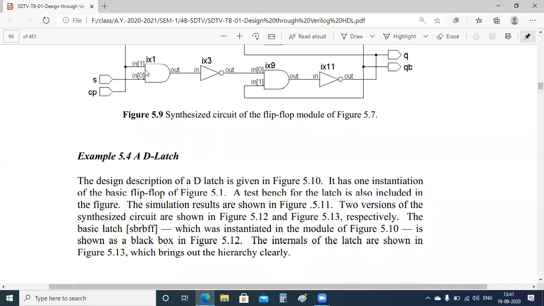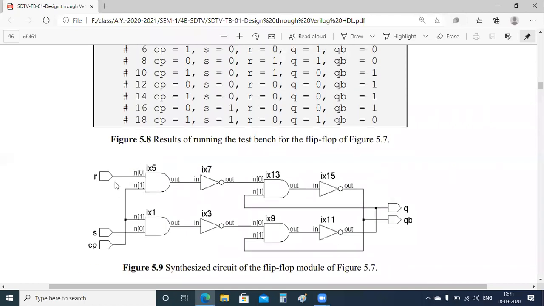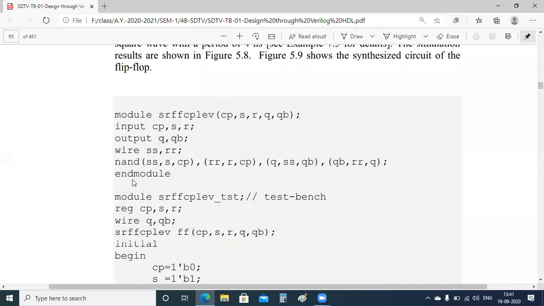For this gate I am writing S comma CP, and this is SS. For RR, I am having R and CP. To get RR, R comma CP. This is the same, right?